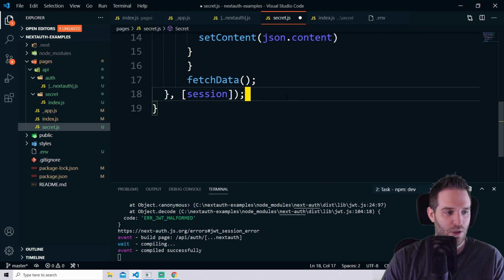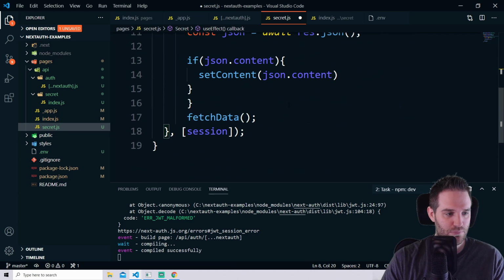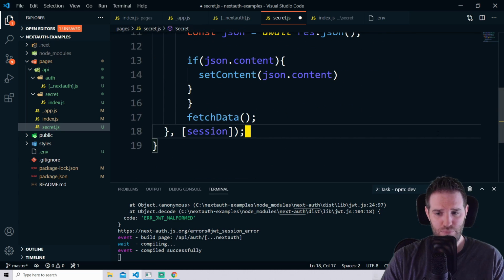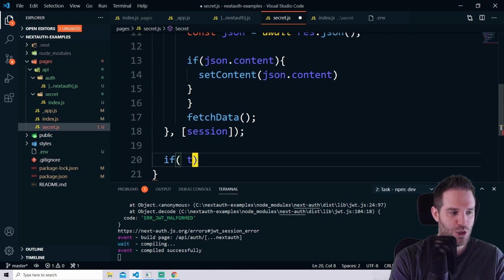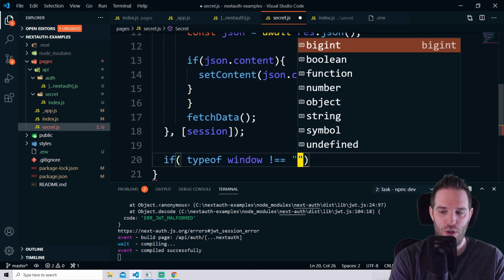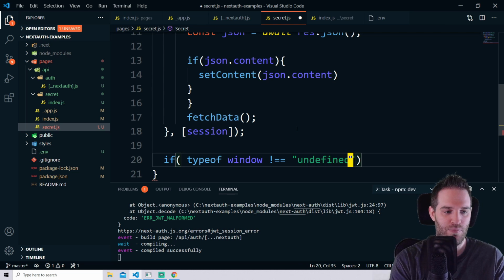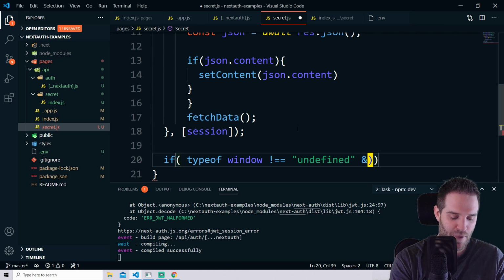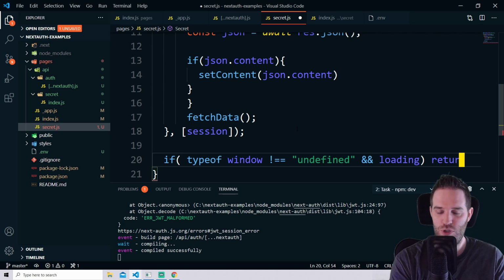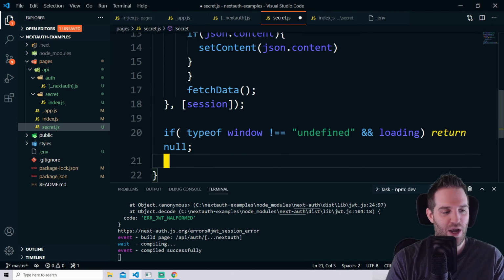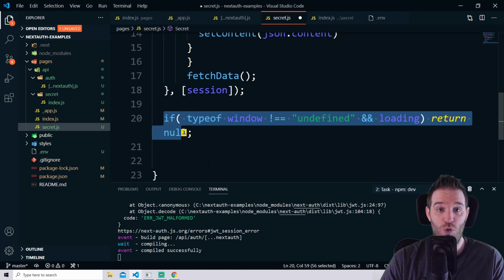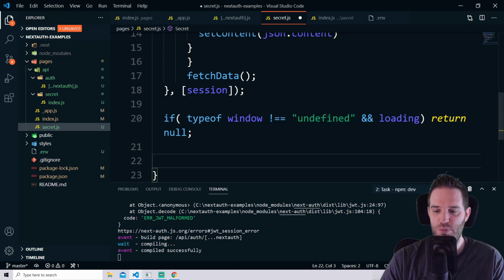So at this point, this will actually get our data and let us know if there is content or if there's not. So now that we have that, underneath this session, we can use a quick trick here and say if typeof window does not equal undefined and loading, just return null. Now this is a quick way of essentially handling if the page is not rendered yet, we won't actually display anything. Then we can do if there's no session,